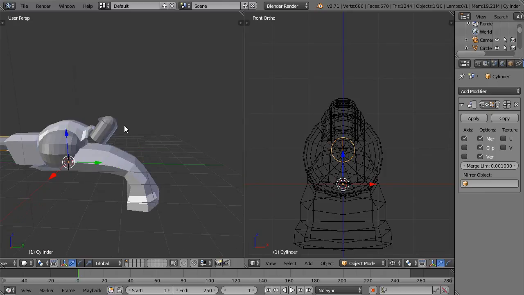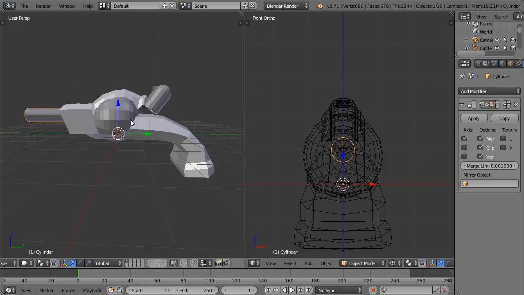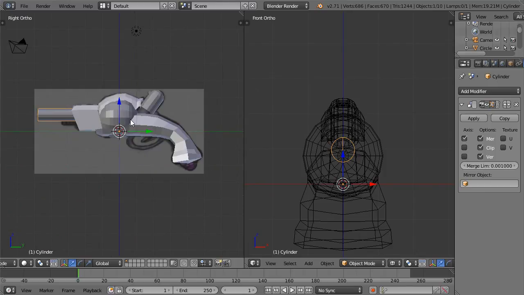So I have gotten to a point where I want to stop and then continue on the next lesson with more modeling of these basic shapes. And hopefully soon we'll